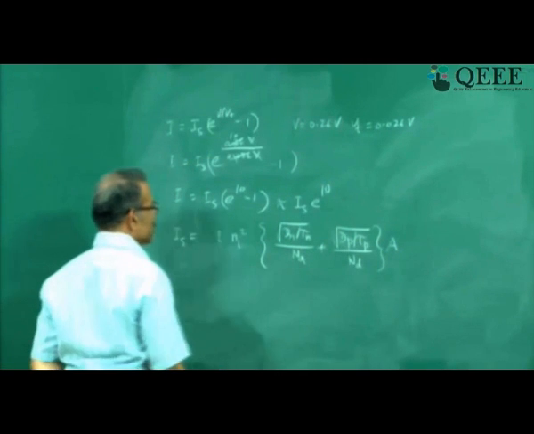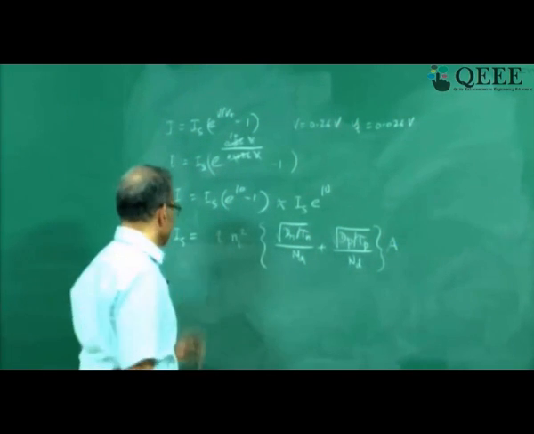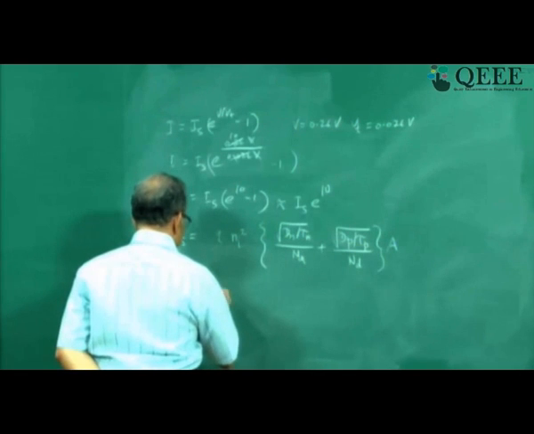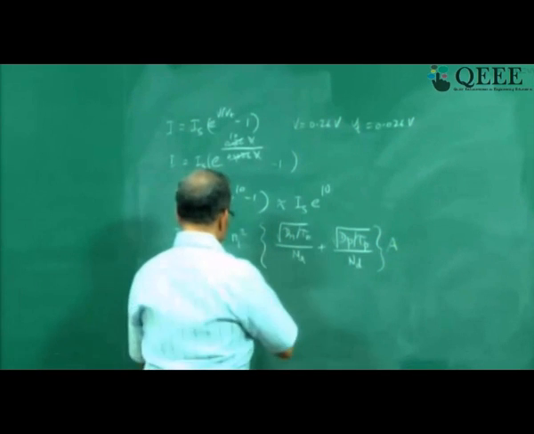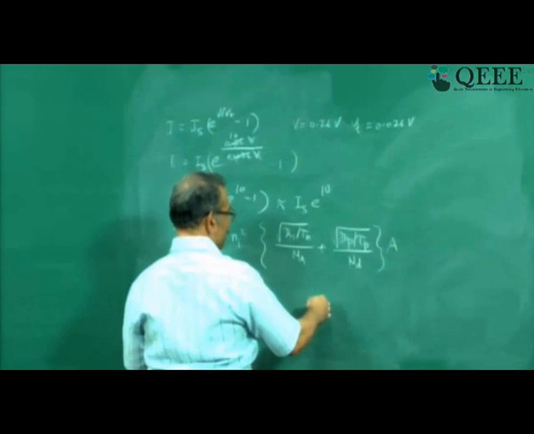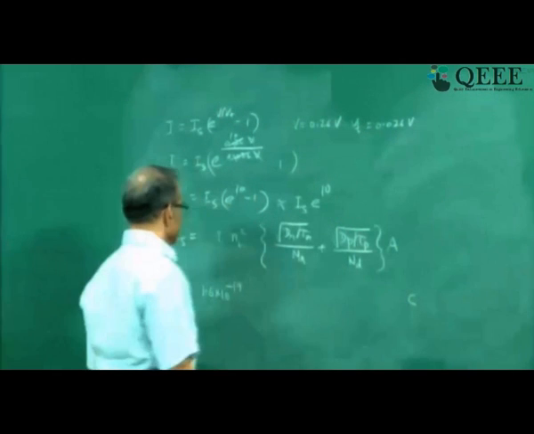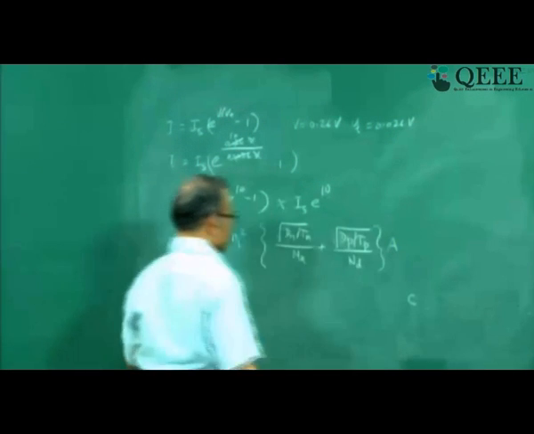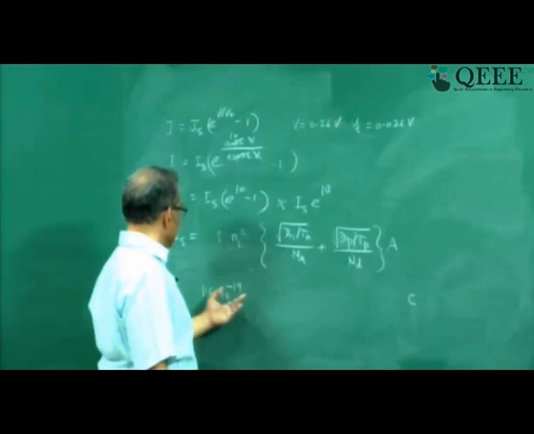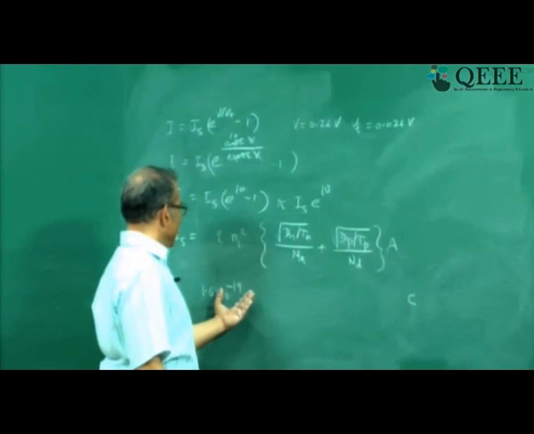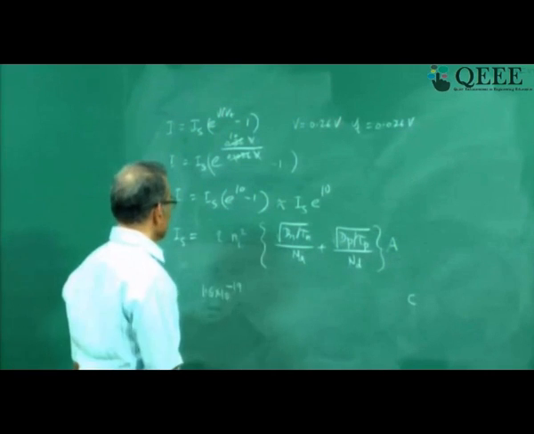Now I need to put the values of various terms, and I should follow the following procedure. Let's start with Q. So Q is 1.6 into 10 power minus 19 coulombs. I will give sufficient space here to put all the numbers and then put the units on the side. So value and the units. I can even separate out the constant and the powers, so that the chances of making a mistake in calculations are reduced. Let me show you how I can do that.